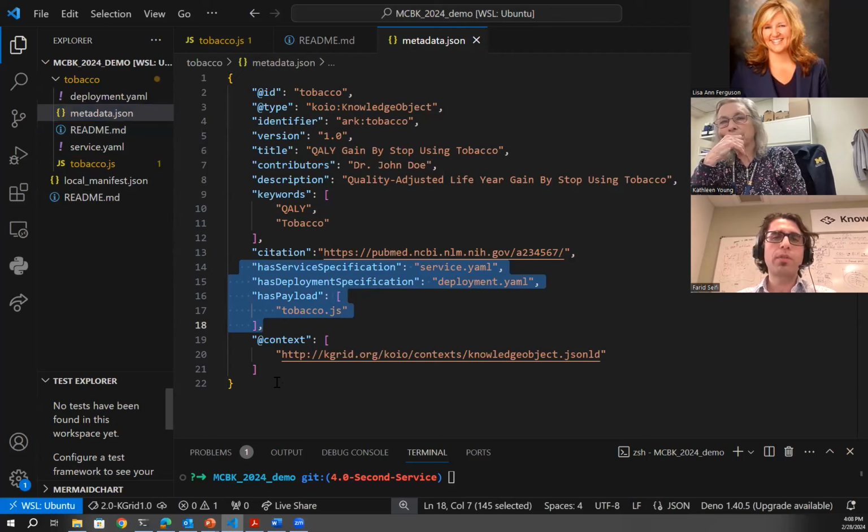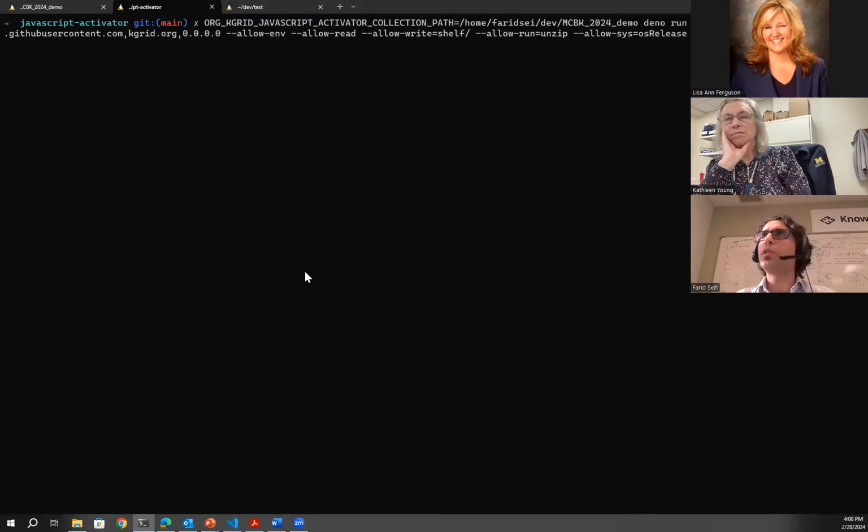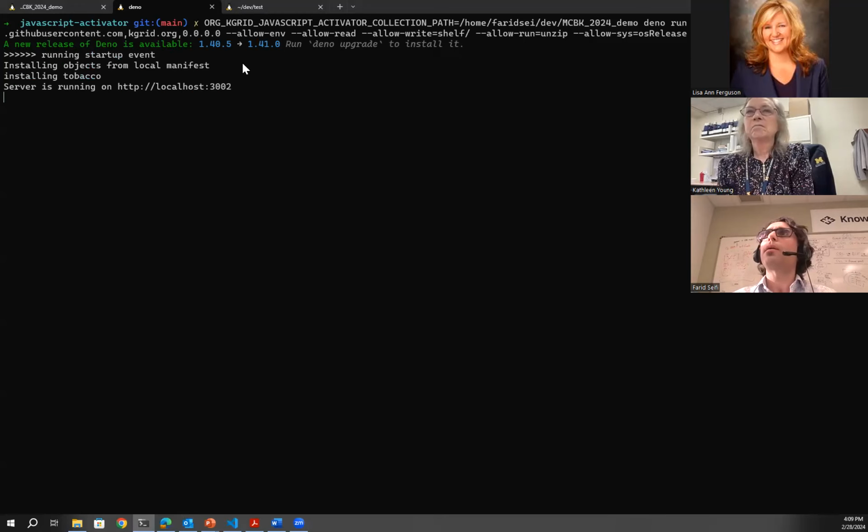This knowledge object could be used together with a tool that we have created, which we call Activator, to make the knowledge inside this knowledge object available through API services. Let's quickly look at how that could be done. I have a command that will execute our activator, and I'm giving it a path to that knowledge object. If I execute this, we have access to the activator on localhost, and if I open that,